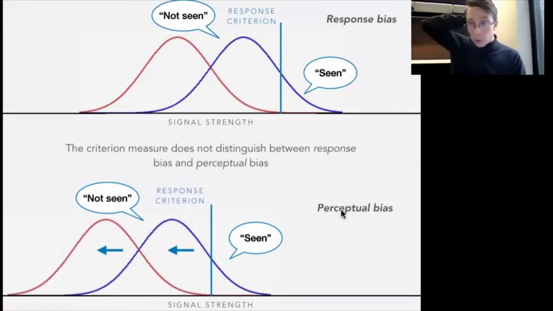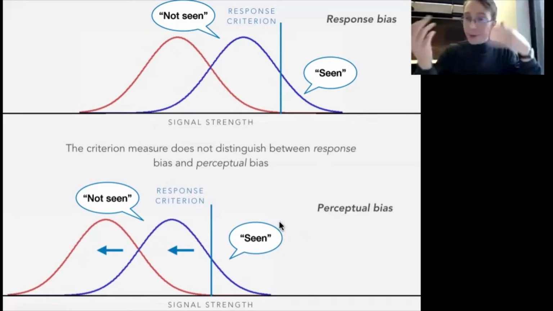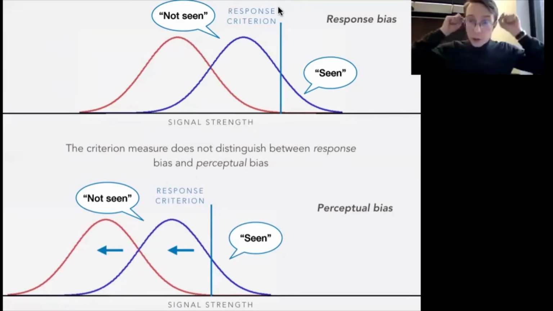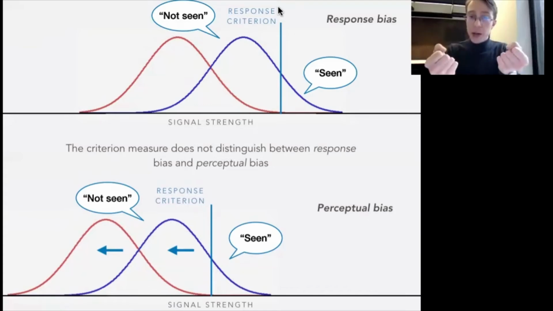Let's say that I manipulate your brain activity in the back of your head by zapping your brain. I do signal detection theory, and I show that you have a tendency to be more conservative. That is, you answer not seeing. There are now two interpretations. Did my manipulation change your response criterion in order to create a response bias? That is, my manipulation changed your tendency to respond that you don't see the stimulus? Or did my manipulation cause a perceptual bias? Namely, did my manipulation change your tendency to actually see the stimulus?